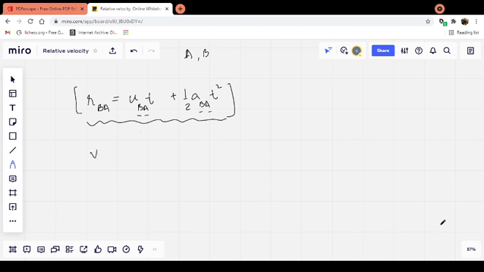In the same way, I can do this for other equations, like final velocity of B with respect to A is initial velocity of B with respect to A plus acceleration of B with respect to A into time. And it is the same condition, given that the relative acceleration of B with respect to A does not change with time. So this is one part.